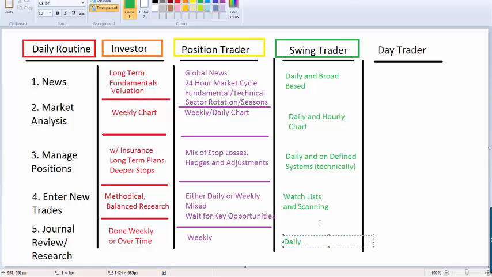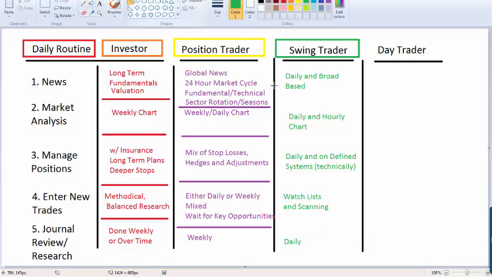Essentially, as a swing trader, your job is to log in pretty much every day, check your portfolio, apply your rules, and move on. And when you're not doing that, then you really shouldn't be in positions. When you're going on vacation and you're going to be gone for 5 or 6 days, then you might leave in your investor positions or your position trader positions, but your swing trades probably need to be taken out or really set up automatically.